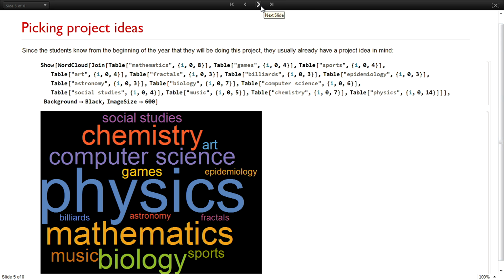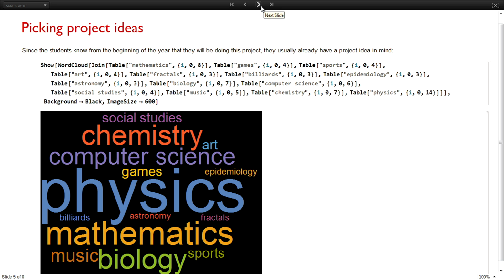But I went through old projects and figured out these very approximate ratios of the different subject areas, and physics seems to be the big one. It's sad for me, but mathematics always takes second place to physics for these projects. And then we do get a lot of biology, chemistry, computer science, and then